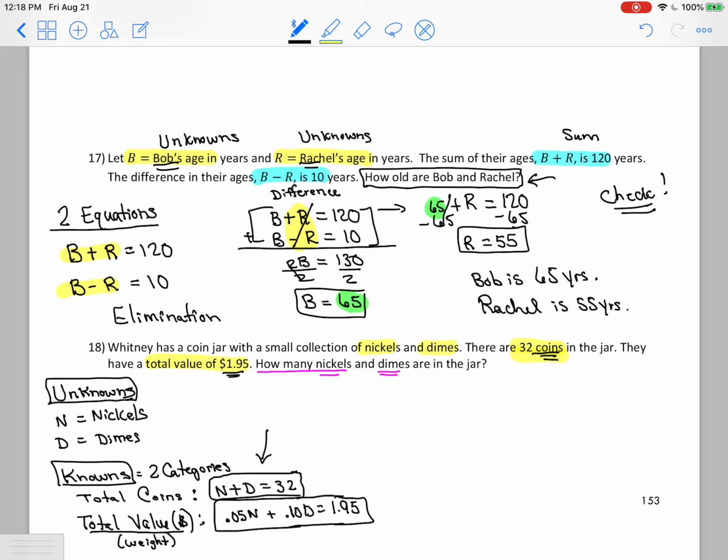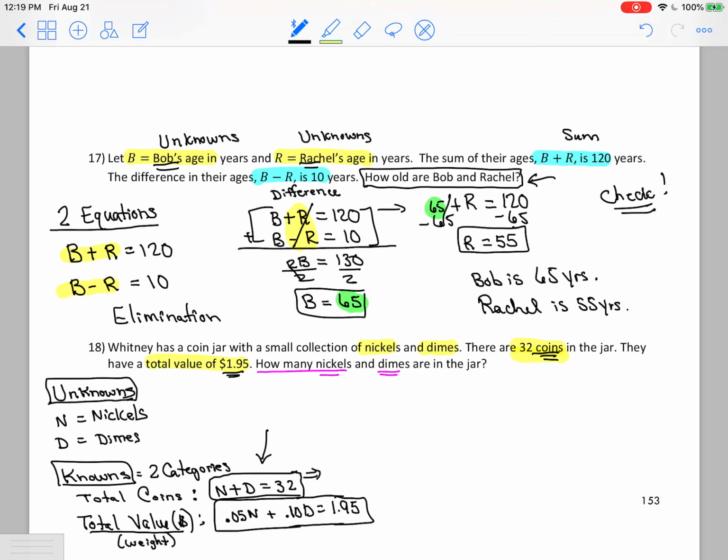You can see that these two equations might be set up a lot easier for substitution because we have decimals in there, and that's going to be really hard to multiply the first equation by either negative 0.05 or negative 0.1. It's kind of a nightmare. So what I would like to do is take this equation here and rewrite this